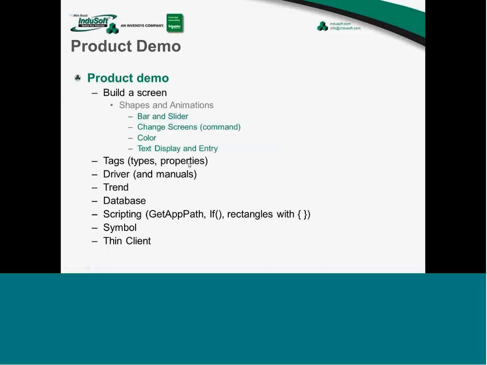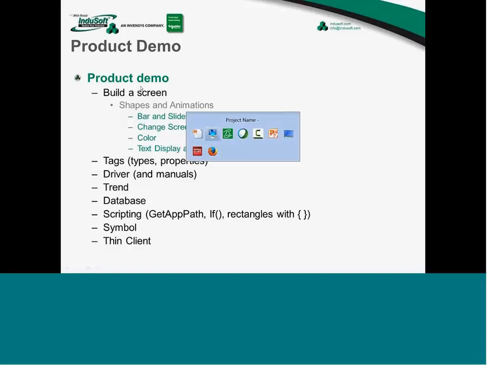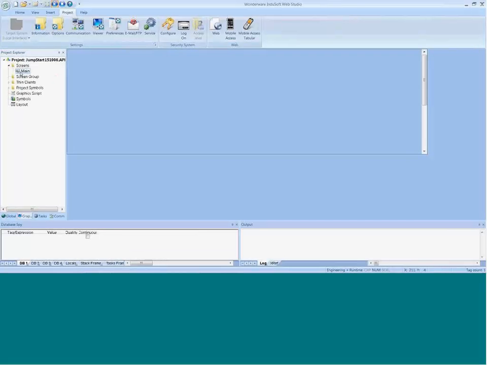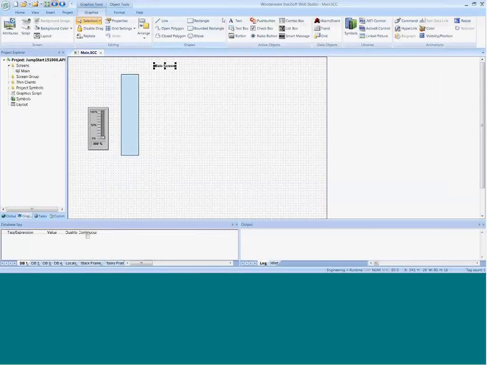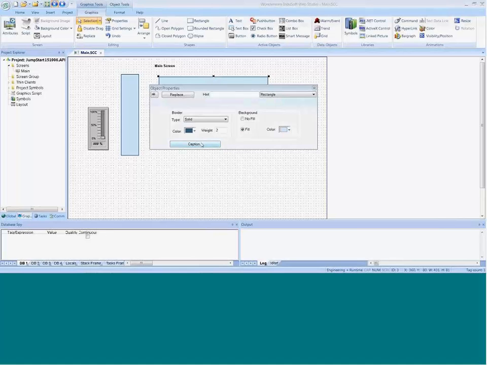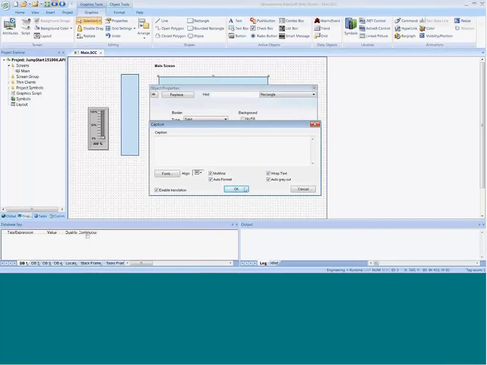Let's see, what's the next thing that I wanted to show? Text. And I want to start talking about scripting and some of these curly bracket ideas. So let's say that we wanted to put, what I did here earlier was I put just a text object on the screen. That was using this text object, and I just typed. You could use a rectangle, and often it's preferable to use a rectangle. And I'll show you why in a minute, because in addition to just static text,